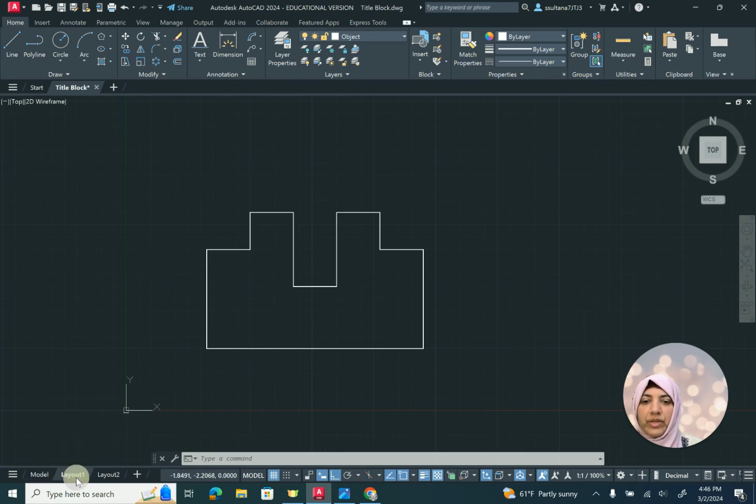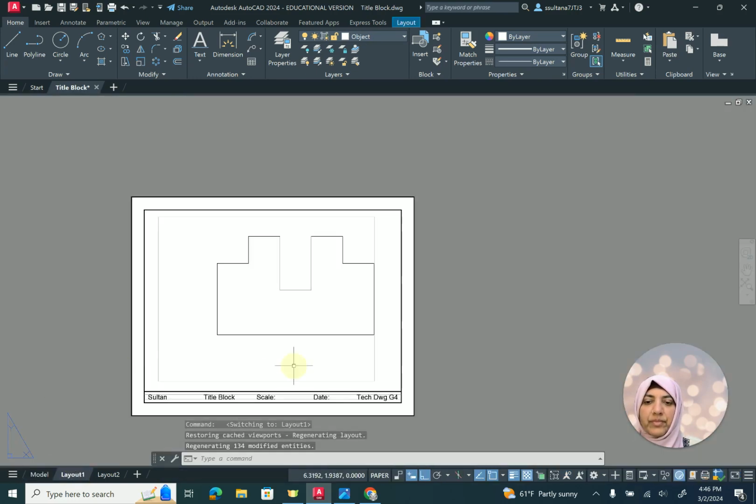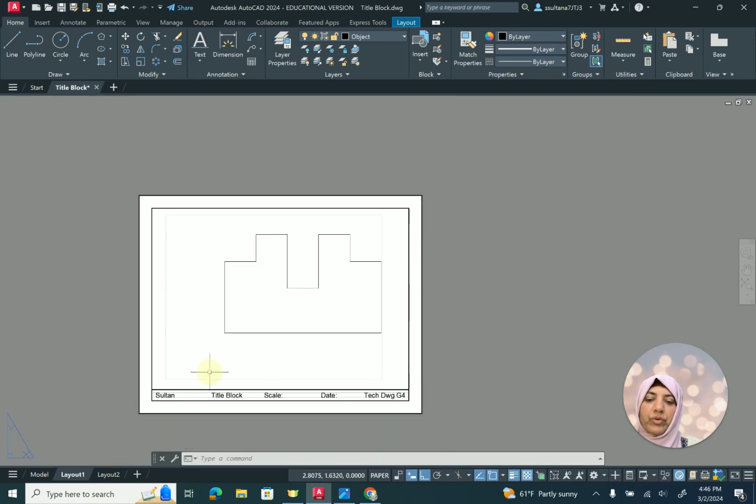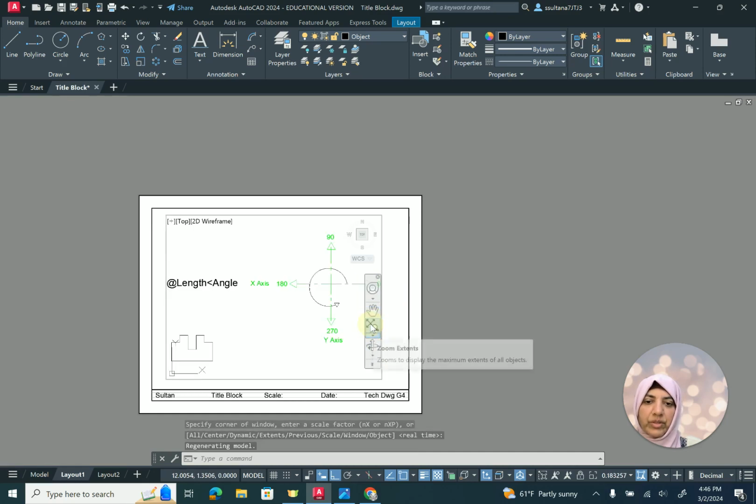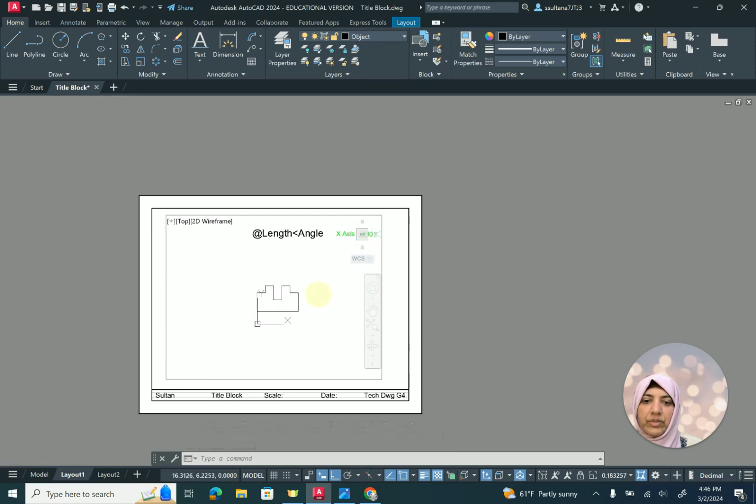So now let's take it to the layout. I went over the viewport in my first video about creating the title block. Double click inside the viewport and you will have this navigation bar available. You can click on zoom extents to see whatever is in the drawing. Since I have additional information that I don't want to view, I can zoom into that, and while the viewport is activated,